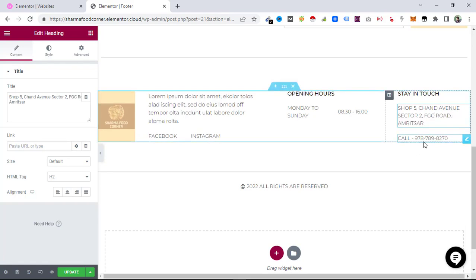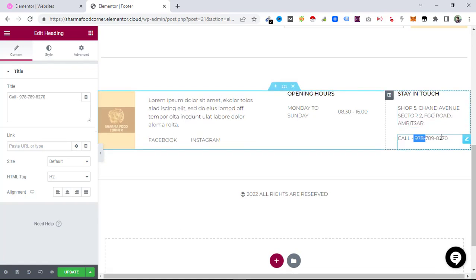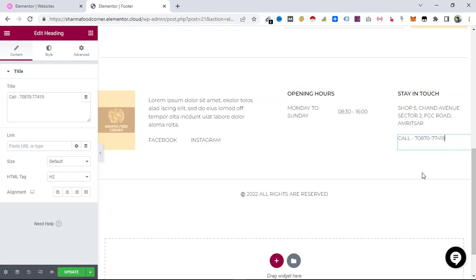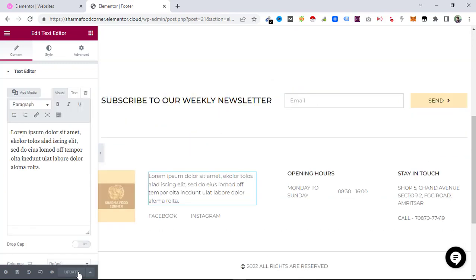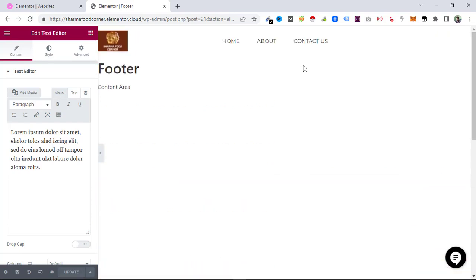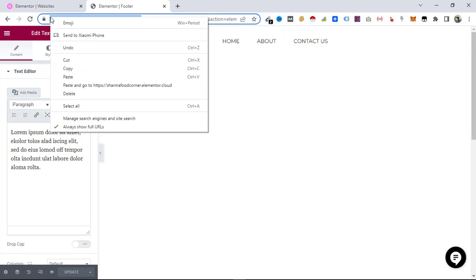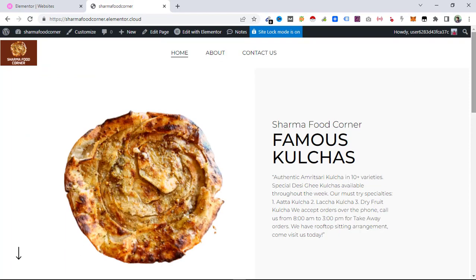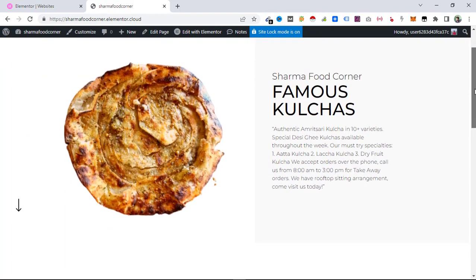Okay, we also need to change the phone number here. So now we have our header ready, our footer ready, and some of the content on the home page ready. We can go and check how it looks on the front end. Okay, home, about, contact us, Sharma Food Corner, famous kulchas,